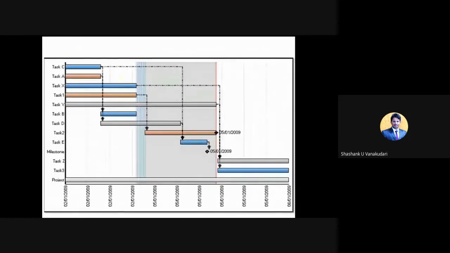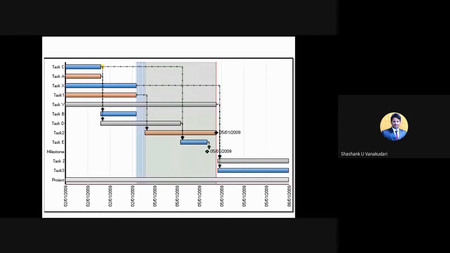And here you can see the different tasks have been given, and for a particular time period we can show the particular points, and again continue with the same part of the completion.